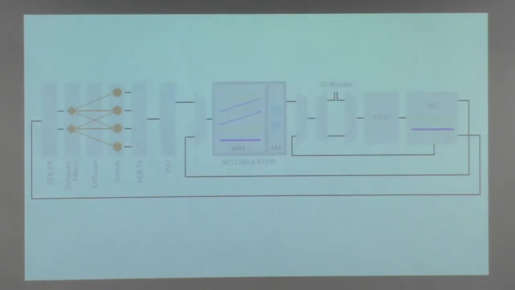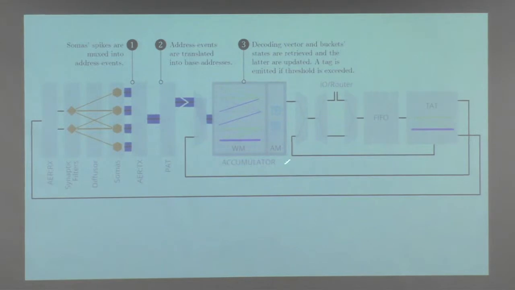So the architecture looks like this, where we start with a layer of neurons, and they spike, and we multiplex all those spikes out using address events like Giacomo described. And then we basically go into an on-chip memory. We're using SRAM in 28, but we could use something more dense. And we pull out the decoding weights for that spike. Then we pull out the state of these accumulators, as they're called, and we update them with the weights that we pulled out, and we put them back. And then if an accumulator trips, we generate a new thing.